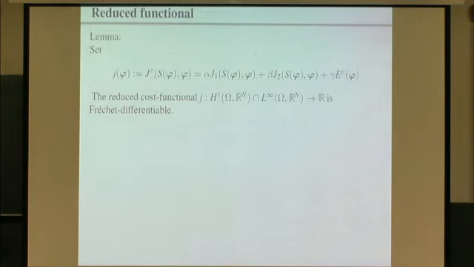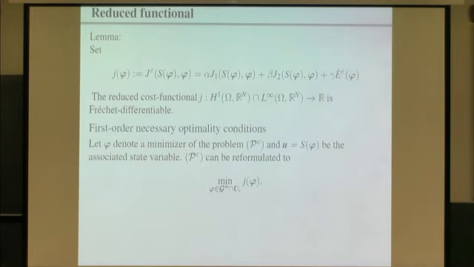And we can write our function in terms of just our variable phi, so we have the following reduced cost function, lowercase j of phi. We've just replaced all our u's by S of phi, and we can show that this is Frechet differentiable. For the first order necessary optimality conditions, if we let phi be a minimizer of our problem P epsilon, we get u equal S of phi, then the associated problem can be reformulated in terms of this reduced